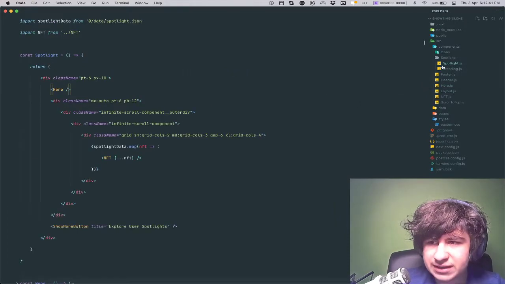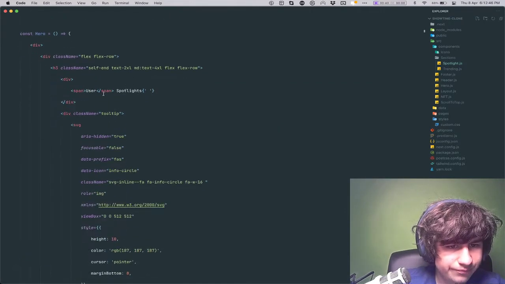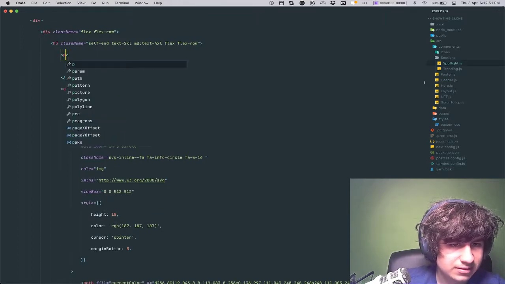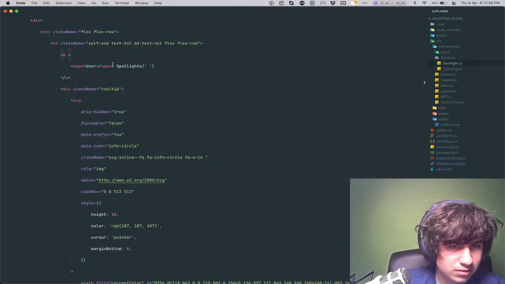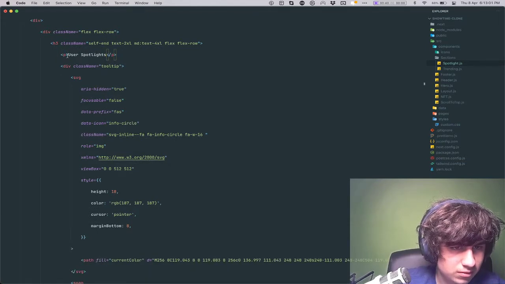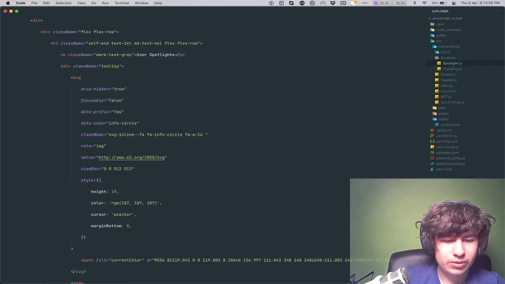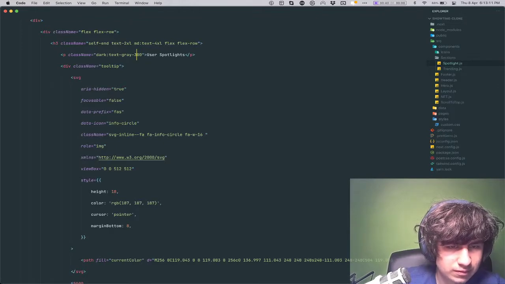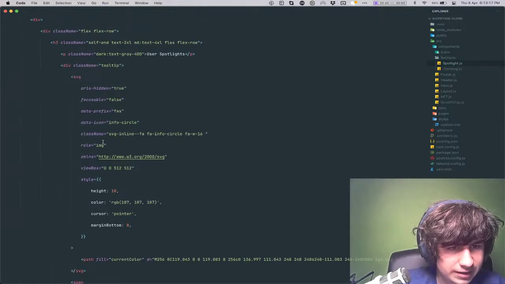Then for the spotlight section on the hero, we can have this text gray 200. Something like that, and this tooltip,